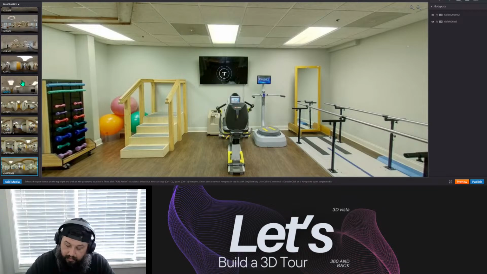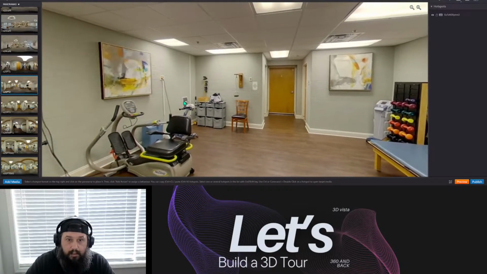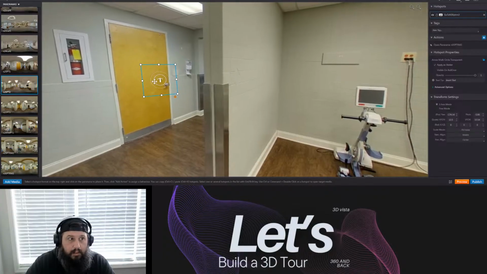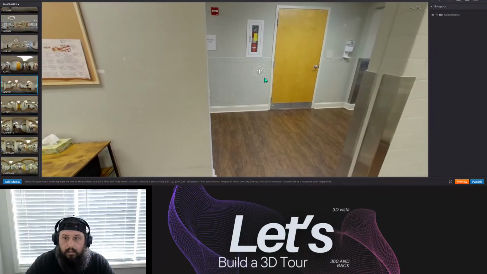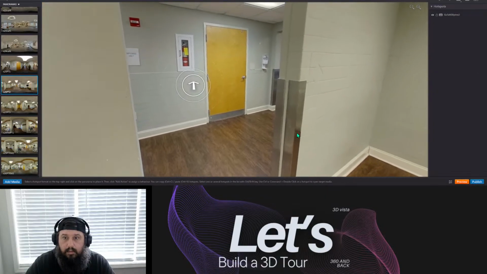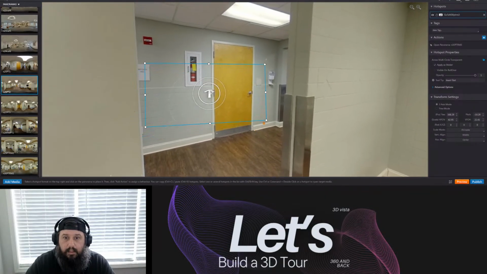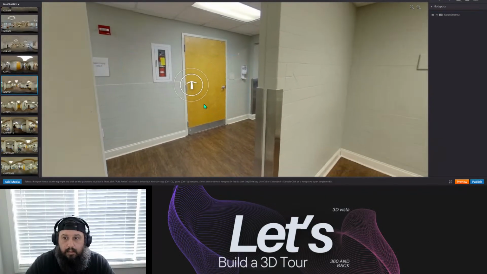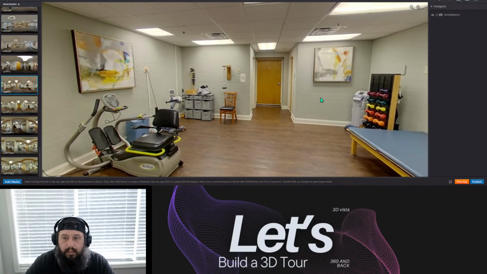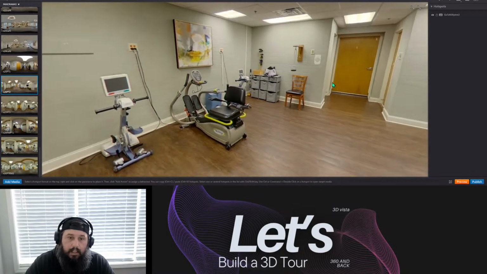Hold on. 26 PT2. So this one goes back here. That's fine. This is physical therapy. This will make sure that's obvious. This door is off kilter too. So that's going to be fine. Actually,